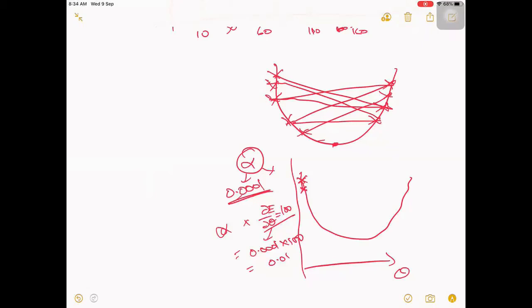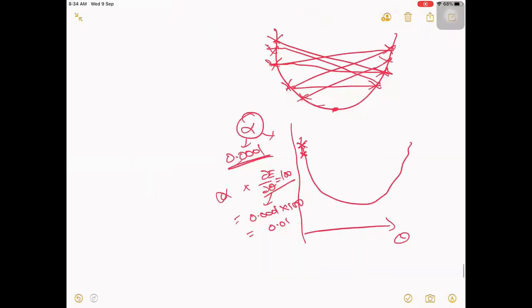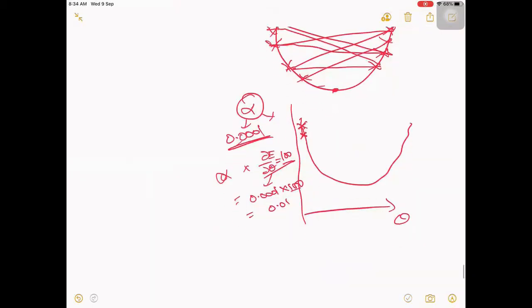So next time again, if you change, you get d theta as something like 200 or 50. Again, if you multiply, it will change only a little. So it's very small increments like this. So slowly it will go here, and maybe it has skipped the minimum. Let us say it has skipped the minimum and reached here.